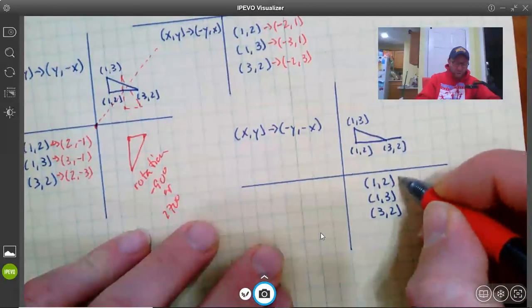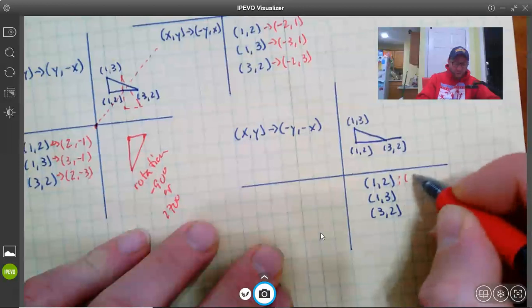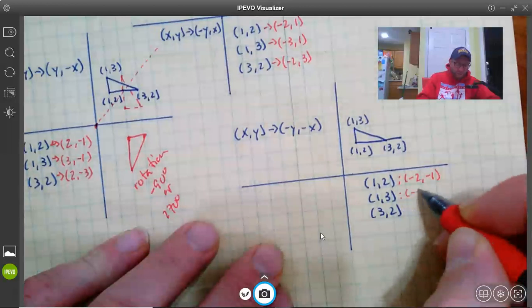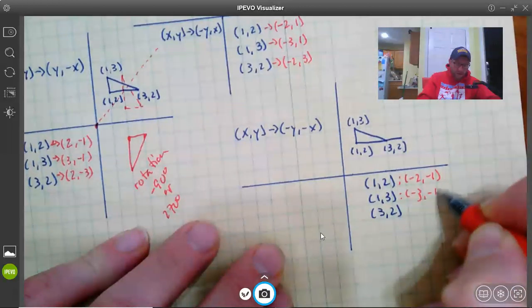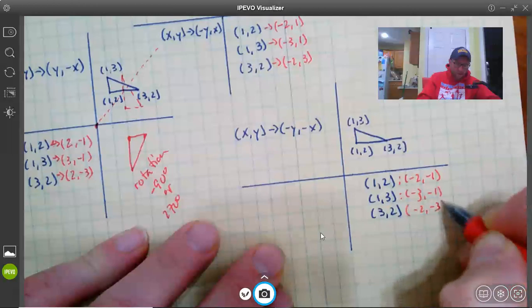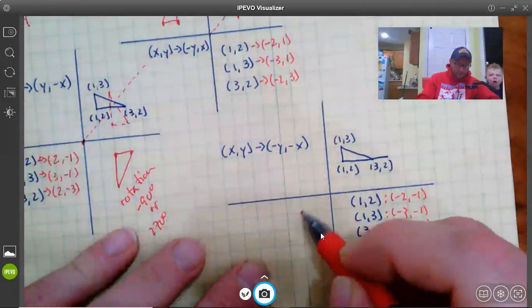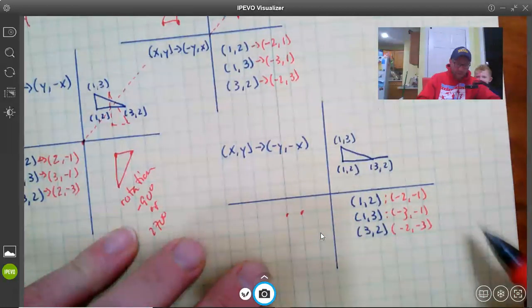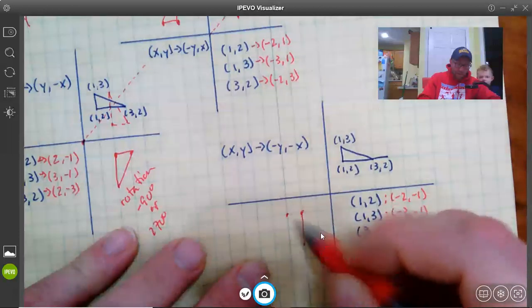It's going to be negative 2, negative 1. Hey, just a minute, but I'm almost done here. Negative 3, negative 1. And this one's going to be negative 2, negative 3. So we're flipping the coordinates. So let's see, negative 2, negative 1, negative 3, negative 1, and negative 2, negative 3. Okay. And what this ends up being is a